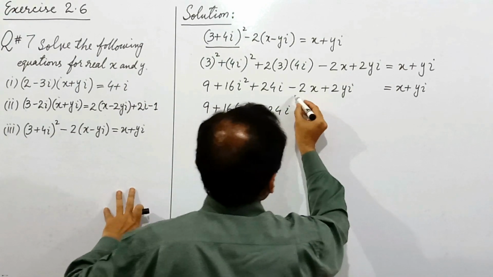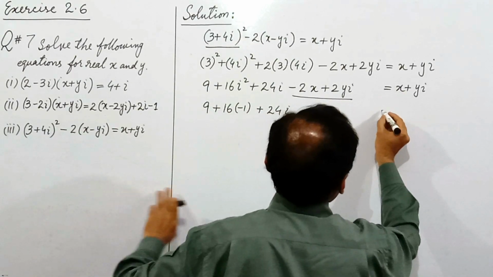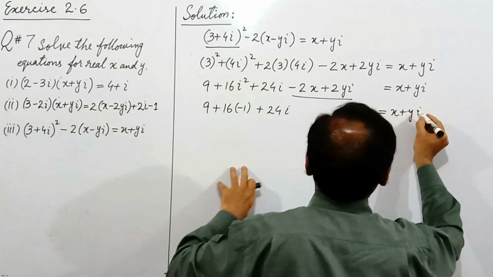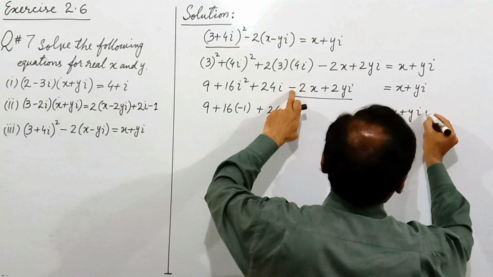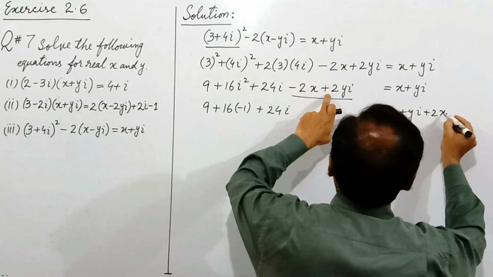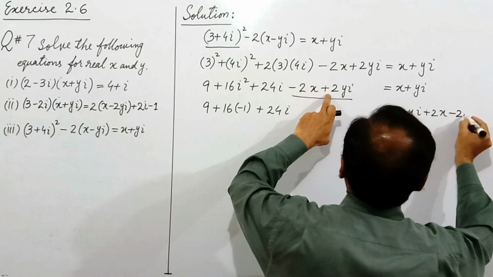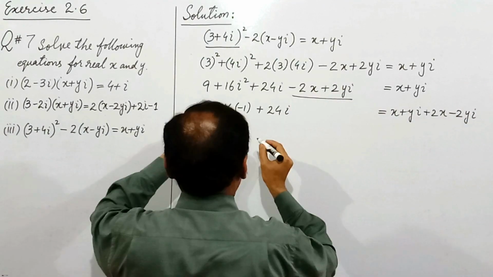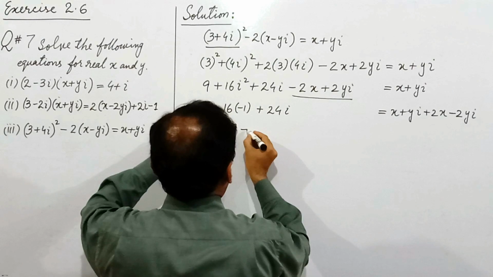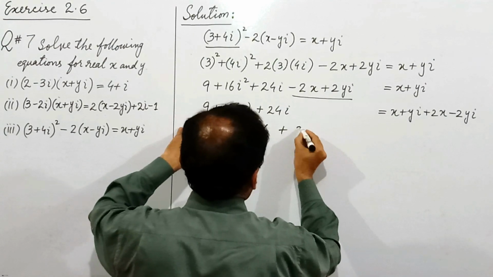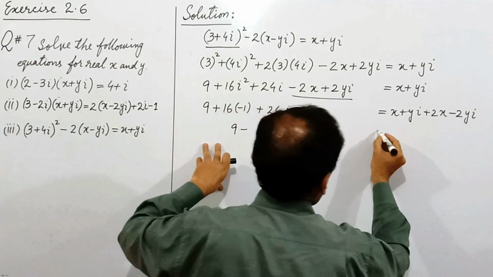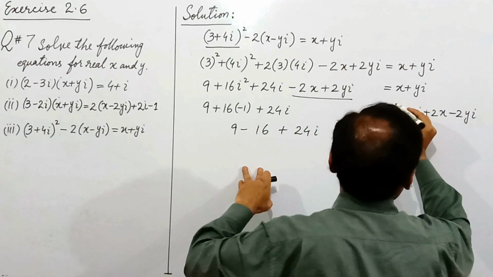We take these two values to the right hand side. x plus y iota, minus becomes plus 2x, and plus becomes minus 2y iota. On the left hand side, 9 minus 16 plus 24 iota is equal to